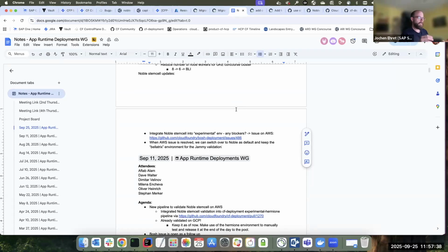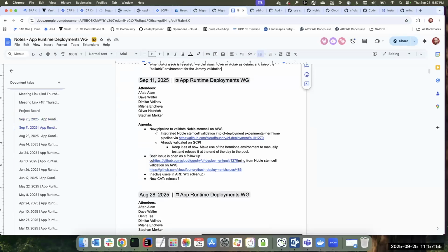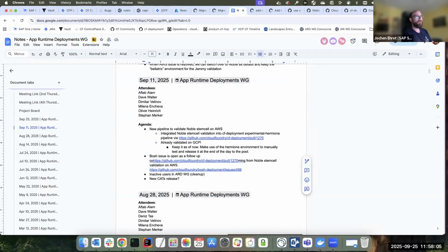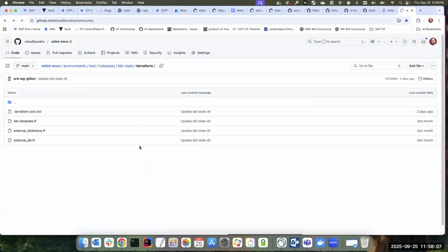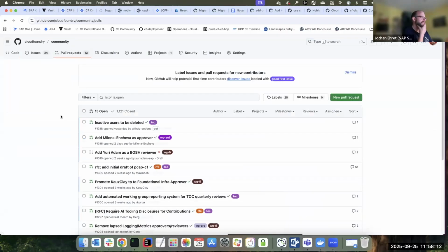Good. Any other business? Not from our side. It's actually what we are working on. Maybe you can go through the last items. There were maybe a few of them. I think so. There were inactive users maybe in the ARD working group cleanup. We discussed whether this got triggered automatically or not when the PRs open, or we have to manually do it, so we are not sure about this. I haven't checked in a while. I think it is fully